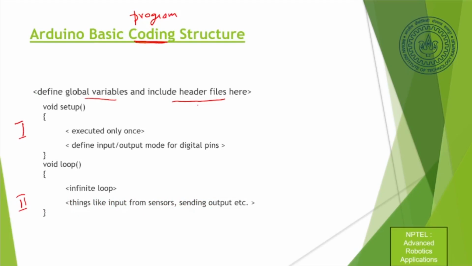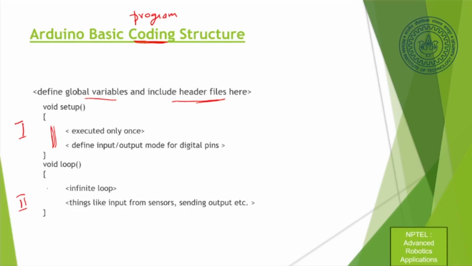So first of all, you have to define which is your pin. Which pin are you talking about? For this LED blinking program, we were connecting the LED to pin number 13. So I will say that this is connected to pin number 13 and pin number 13 is an output pin. I have to define which pins I'm going to use, what is the function, and if you're using any header files, all that information will come here. So the board understands that this is the way it is supposed to act.